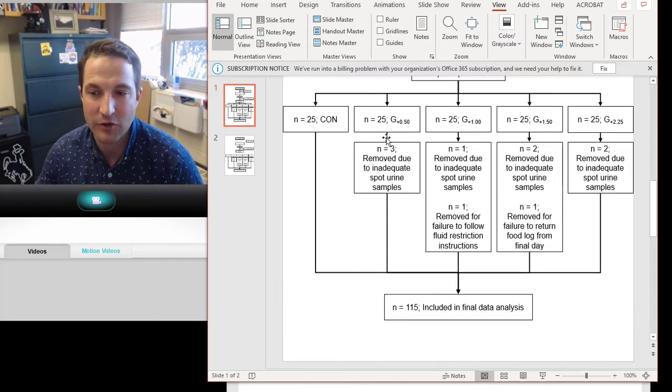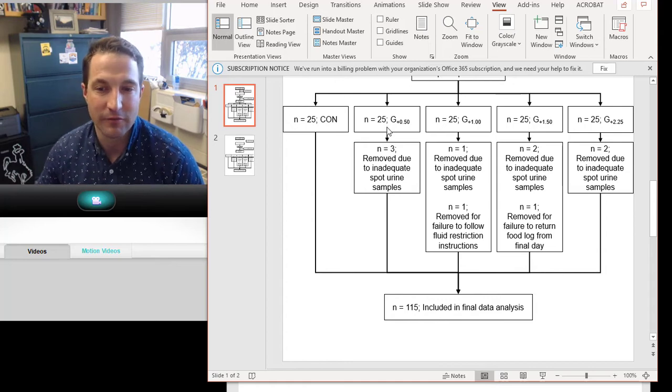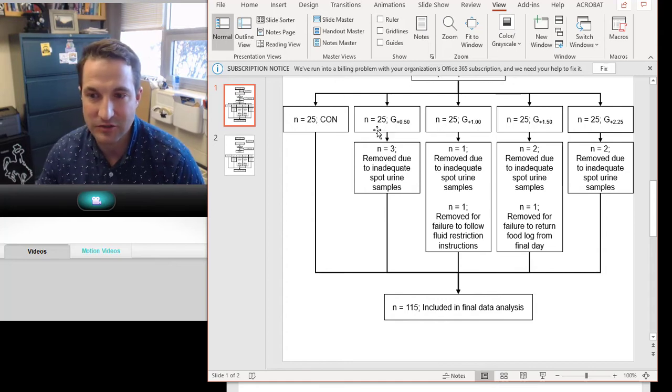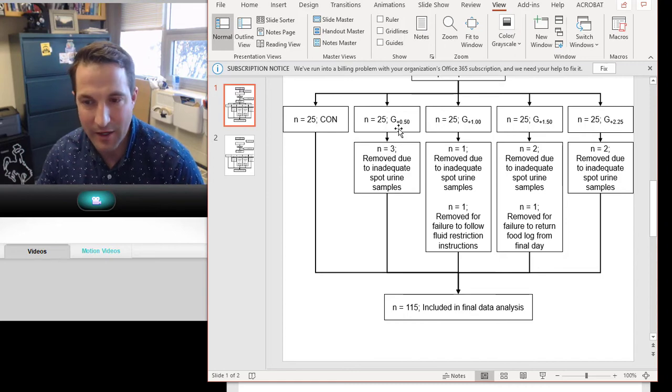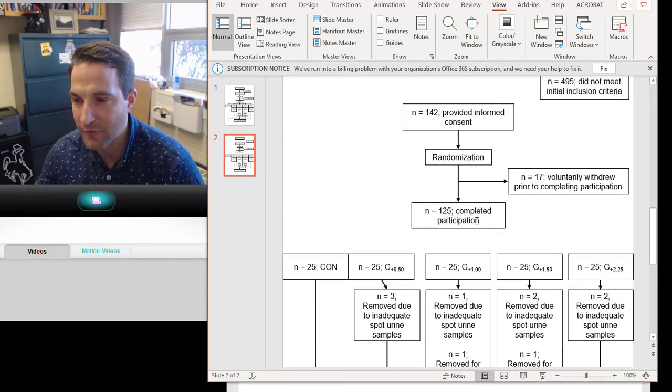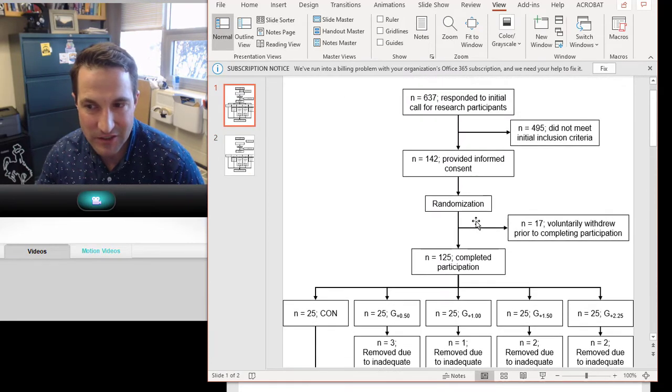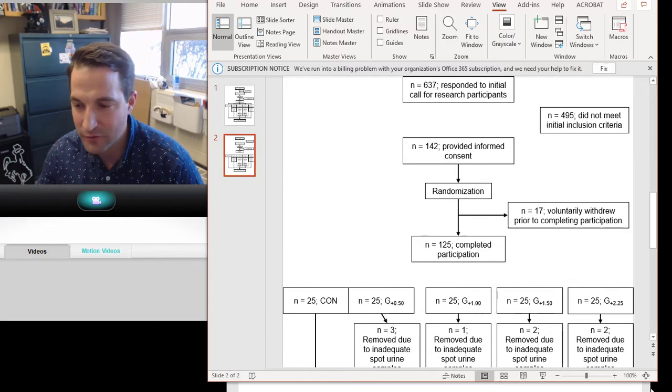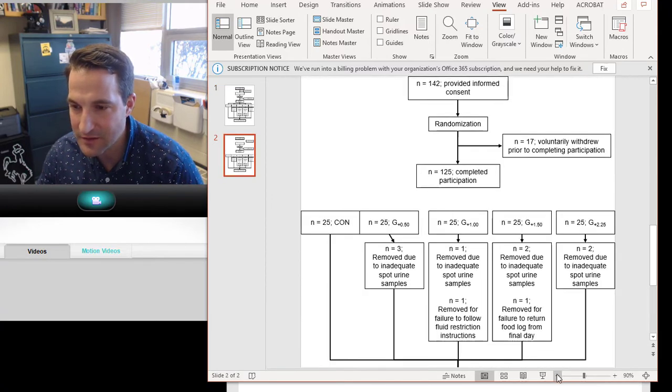So if a person was to look into the paper and see the degrees of freedom on one of our statistical tests were different between the groups or the comparisons, they would be able to theoretically go to this figure and figure out, oh, that's because they had 3 people excluded from the G plus 50 group. I get it. That's why it's different when we compare these two groups from one side to the other. Okay? So I want to now pull up a version of this that I've just changed a little bit and go through some of the things that are important